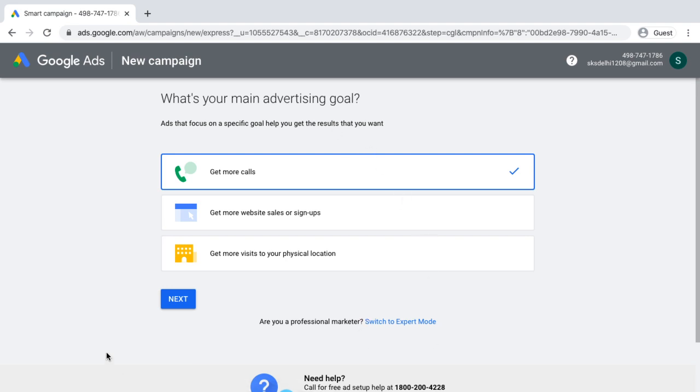Remember this, this is a very key thing that a lot of people miss. Click on this, switch to expert mode. Only then will you be able to access Keyword Planner. Otherwise, you won't be able to access that. So click on switch to expert mode, and